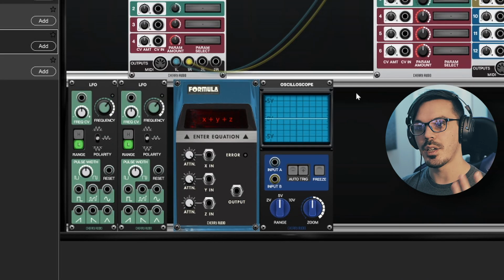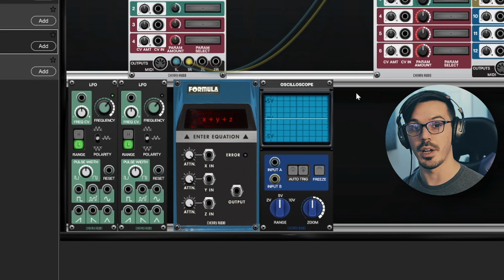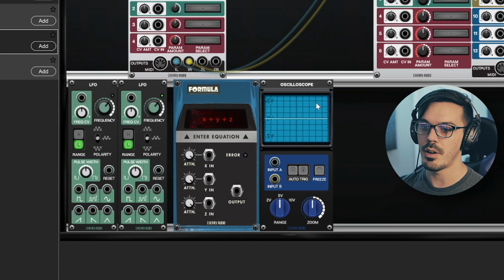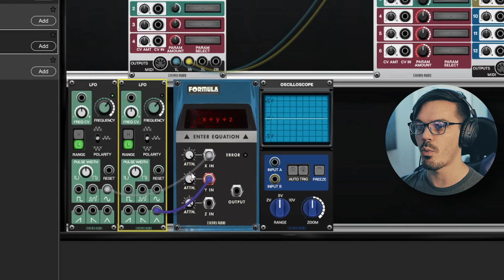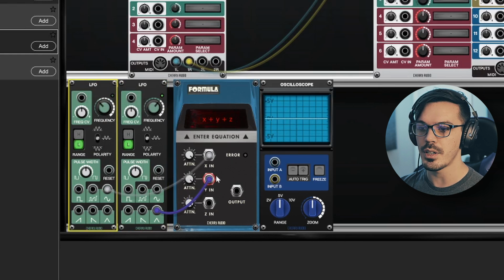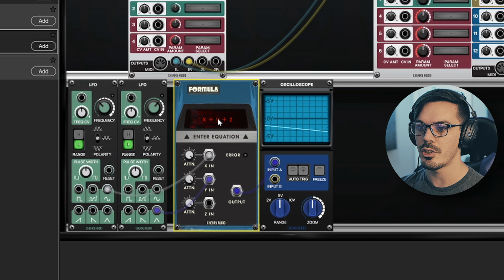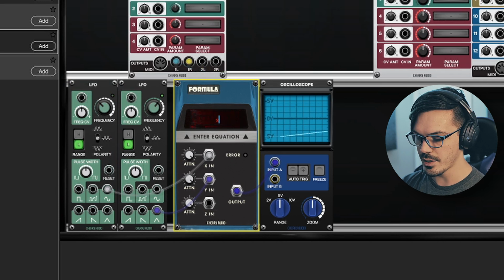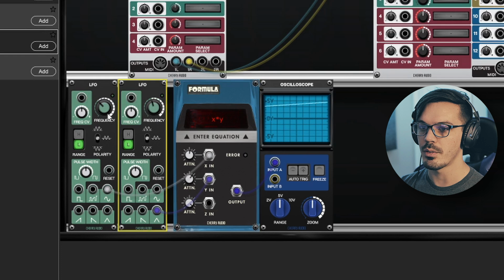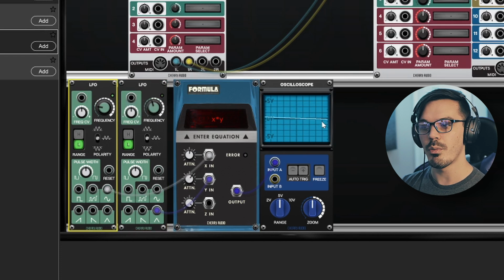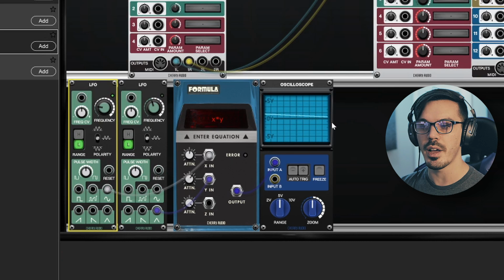What I want to create is a more complex LFO than just a regular LFO like the ones inside of Dune 3. So I'm going to grab the sine wave here and put this into the X input of the formula, and then let's do the triangle wave into the Y input. Then I'll change the frequency, run the output into the oscilloscope, and I'm going to change my formula to be X times Y, and we've got something new. Let's attenuate this a bit, and maybe slow the modulation down, just so it's not so totally ridiculous. Now you can see here we've got a morphing but smooth LFO shape.